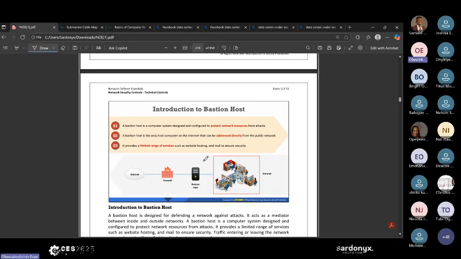So anybody coming from the internet is accessing this bastion host. That means whatever you're accessing is inside this host, and you don't need to have access to the internal corporate network. For example, you're looking for the website, you will access this. Then if there's a need to redirect, we'll talk about proxy next. So you provide a limited range of services such as website hosting and mail to ensure security. Whatever the clients need to access, I'll put on this bastion host. So even if you attack this bastion host, you're attacking nonsense. It's just the public interface. You're not actually attacking my main corporate environment. You're just attacking what you are seeing.